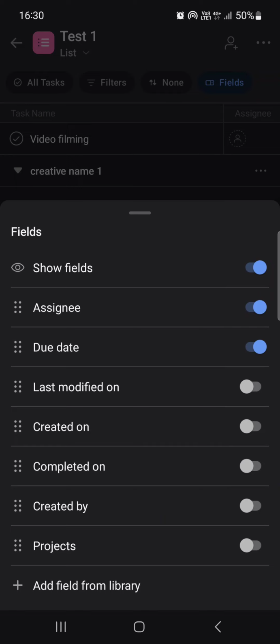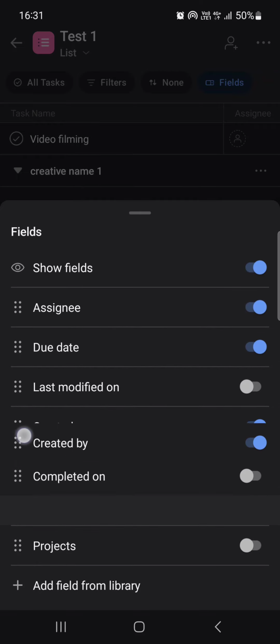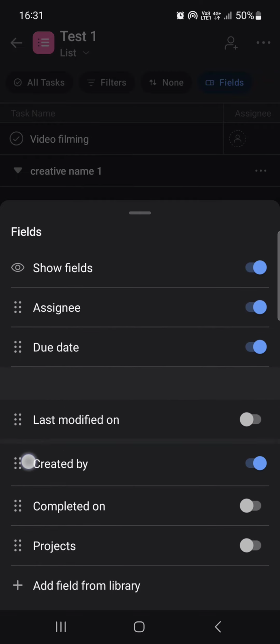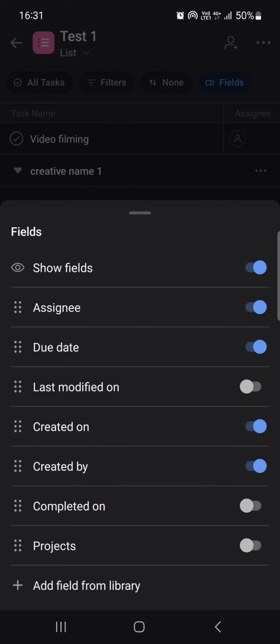So let's say we want to see when the assignment was created, so we tap on created on. We want to see by whom the assignment was created. We can just tap on created by, and then if we tap on the left side, we can organize the order of